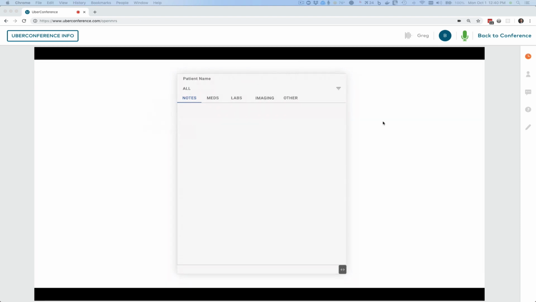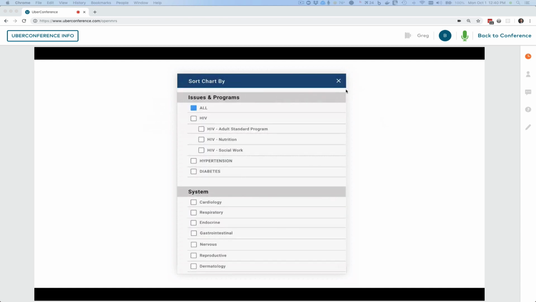And in this case, what we're looking at is we have the patient's chart. In theory, we'd have these tabs, notes, medications, tests, etc. And we're looking at the information for all of the patient's conditions. We could click on the filter to open up the top header, and we could change it to only show the HIV content. And right now, we've reconfigured the chart to essentially be